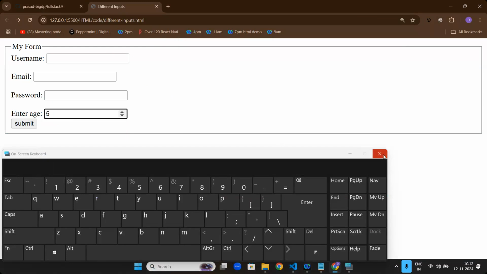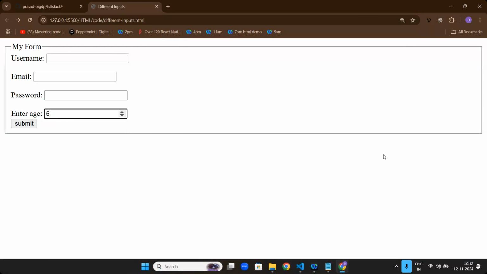Where can you use them, sir? Mobile number or pin code or something like age. In this kind of cases, or OTPs, no, OTPs can be alphabets also sometimes.